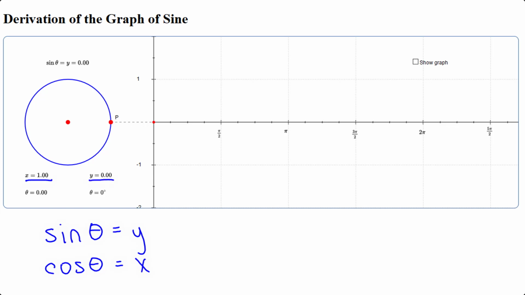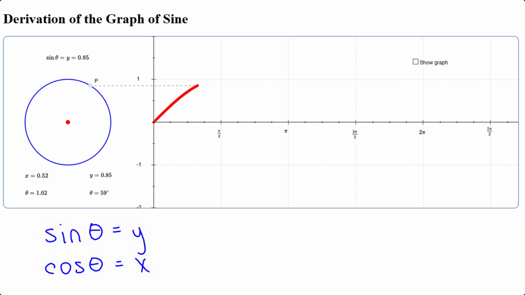The angle measure for P, standard angle measure from the horizontal, is given in radians and degrees. And then up here, you're given the sine of that angle measure, which is just the y-coordinate. So you can reference along with that. So here's what I'm going to do. I'm going to rotate point P around the circle. So as I move point P around the circle,